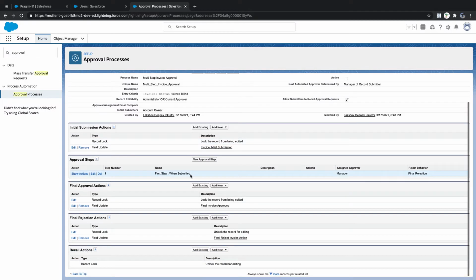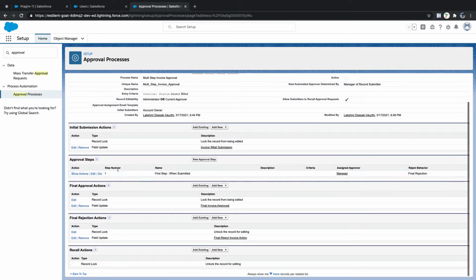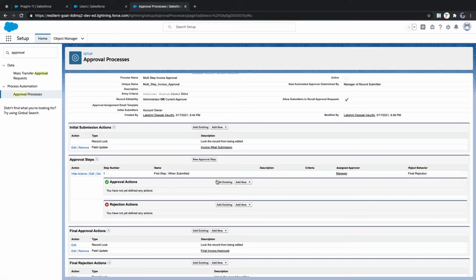Okay, and this is how it goes. And I can say here, show actions. Here there are steps, right? In step one, what I'm doing,